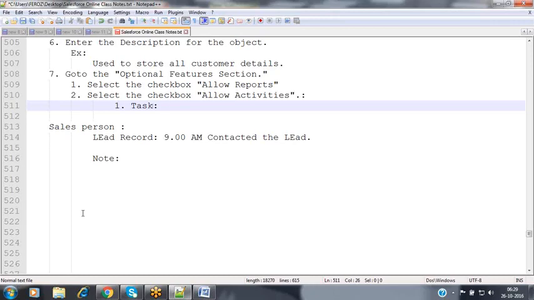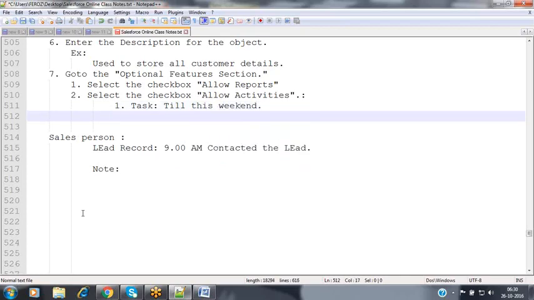Now if it is a task, what will be the time? Suppose my manager has given time till this weekend. When it comes to a task, we can complete it by today, tomorrow, the day after tomorrow, or till this weekend. There is no specific timing.